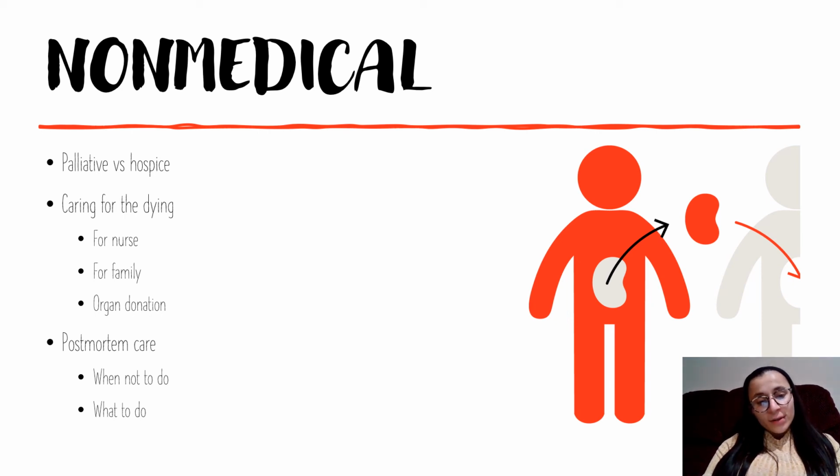So caring for someone who is dying, there's a few different things. Number one, for the nurse. The nurse should have some coping skills, take time off from work, have a support system. When you're caring for someone who's dying, you should also keep in mind the family. You should provide psychosocial support for the family. You should give them honest, factual communication. So don't say, no, they're going to be fine, they're going to make it, if they're really not going to. You want to sit with the family, have empathy,